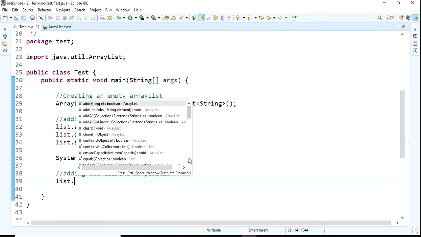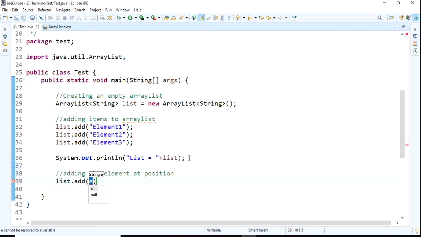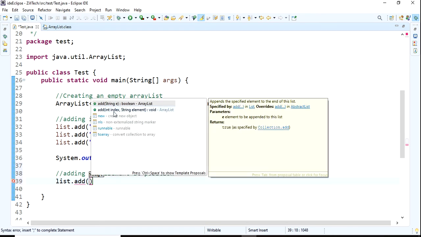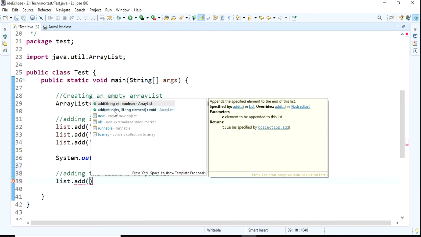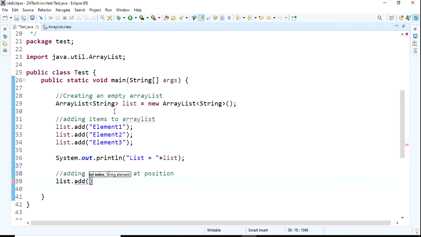Yes, you can add with list.add at the 0th position. We have a method, see, index and element. Add at a specific position, with index, and that is the method.